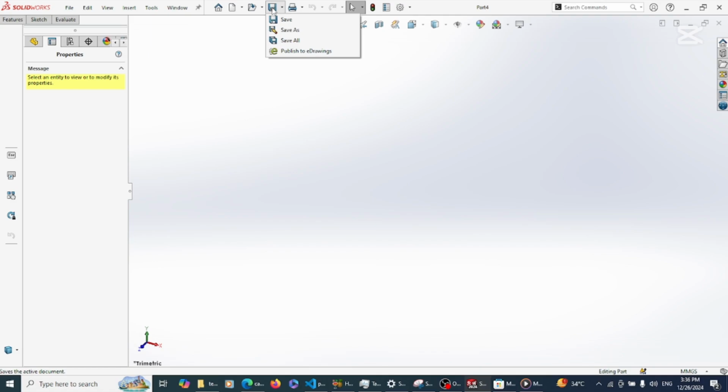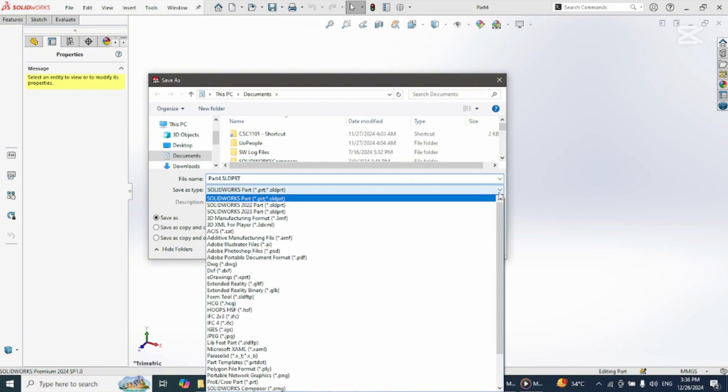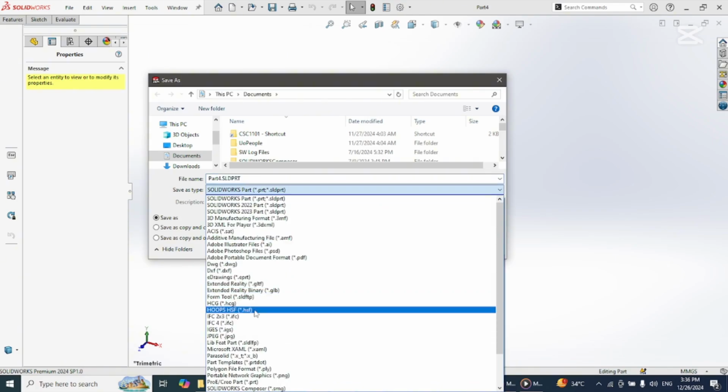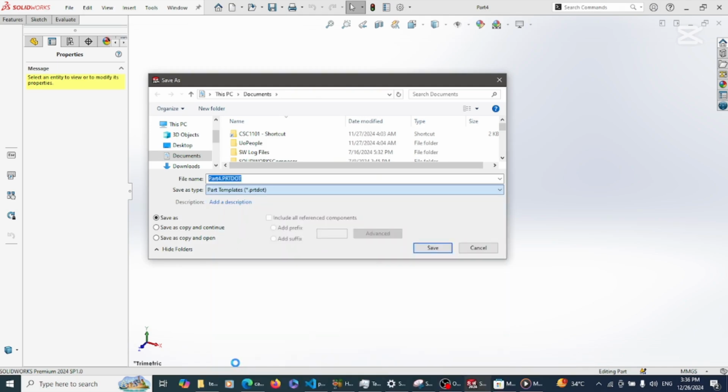Save. So now, SolidWorks will bring out this window for you. What you will do is, you don't want to save this file with the .sldprt extension. You will save it with a different extension. You will save it as part templates, prt dot. See my cursor here. If you touch that, you will go to